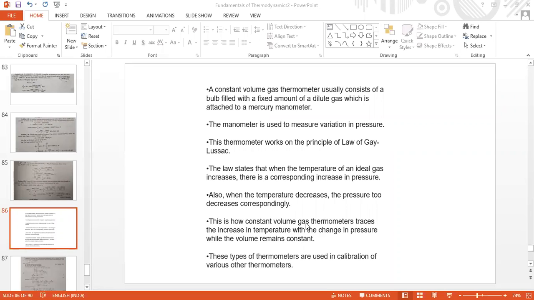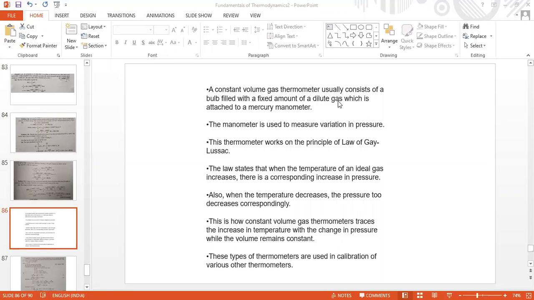And at the pressure, you will read from steam tables the critical point temperature. At critical point temperature, the pressure can be read. And now, if any pressure variation is there in the bulb, that is, the bulb is subjected to any pressure variation or any temperature variation, then the temperature can be measured using P1 by T1 equal to P triple point by T triple point, or T by P equal to T triple point by P triple point.